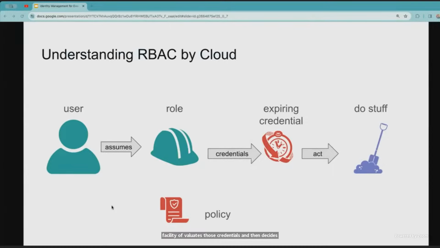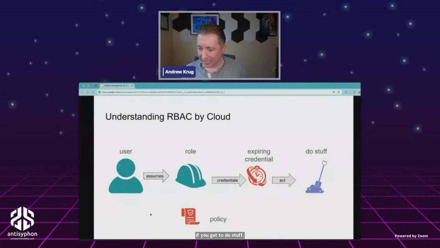There's a question in the chat that says, the underlined text in the slide you mentioned are not links. Aren't they supposed to be? There actually are links in the show notes on the last slide of the slide deck: the entire cross-cloud matrix with all the links out to all the cloud providers' documentation. So that'll be available at the end of the session, or you can just skip ahead to the last slide.